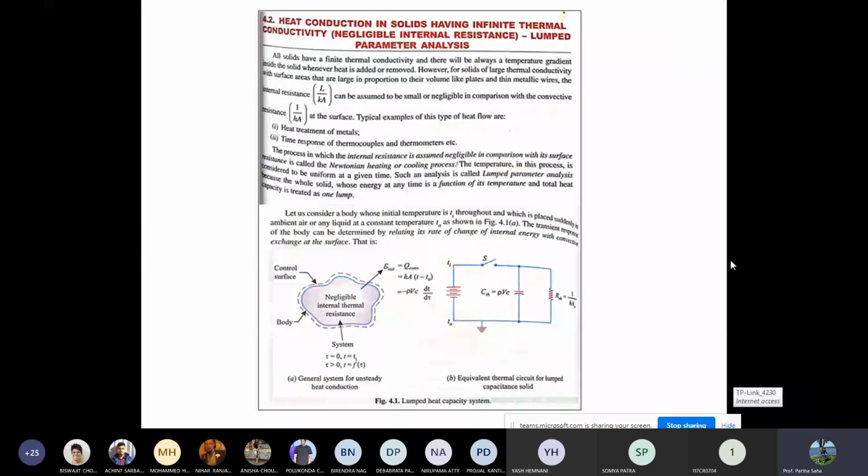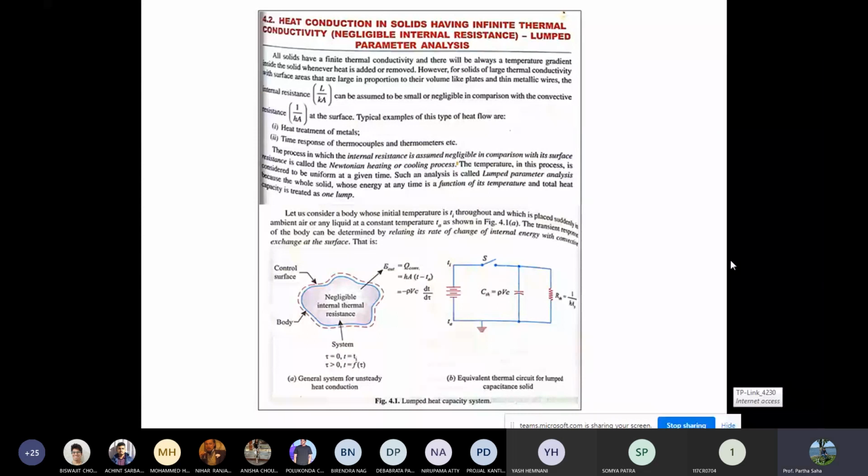So let us look into this first. So far we have talked about the various parameters like thermal conductivity, thermal resistance, heat conductance, all these things which are happening over a series or in parallel for cylinders, spheres, or plane walls, right? So what happens in reality actually, that every solid we deal with has a finite thermal conductivity, right? And there always exists a temperature gradient.